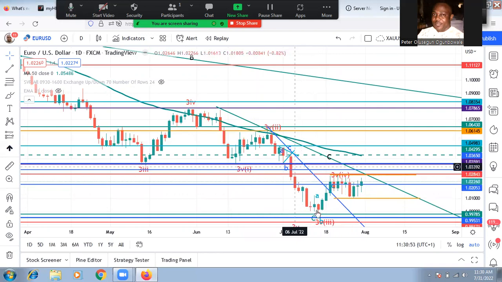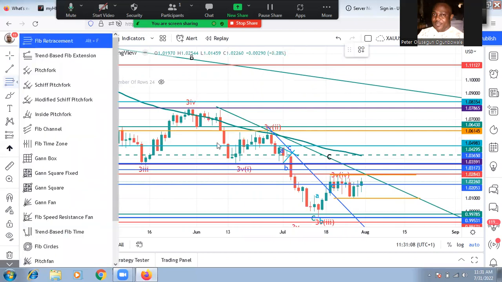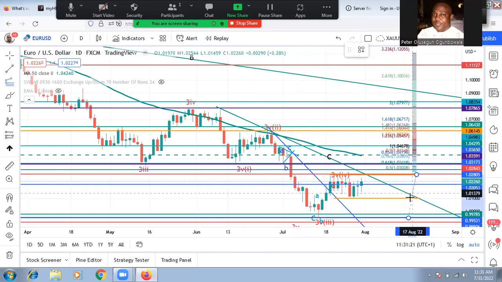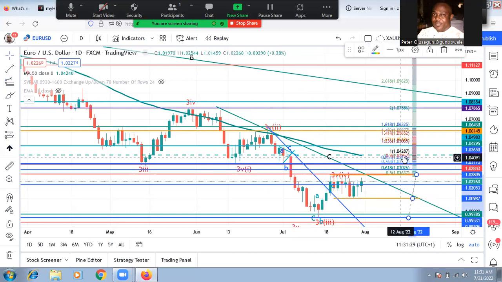But this movement to the downside looks incomplete. So if we are going to work on this structure to the upside, if at all it happens, we need to see a break first. But if it happens, then it means that from here up to this point, back here, then we'll be looking at this trade going higher to this area